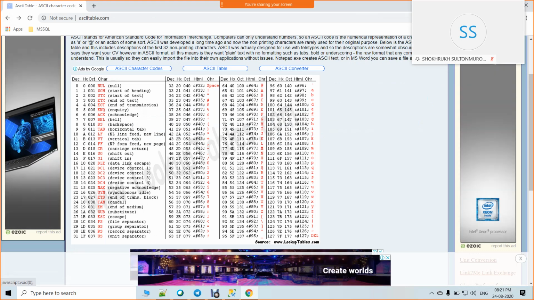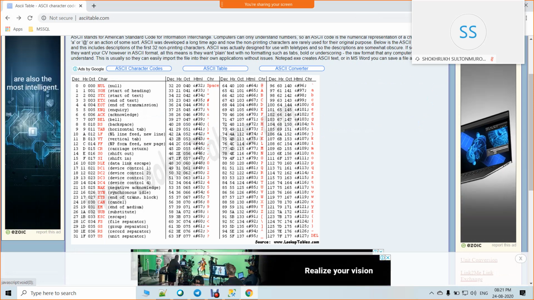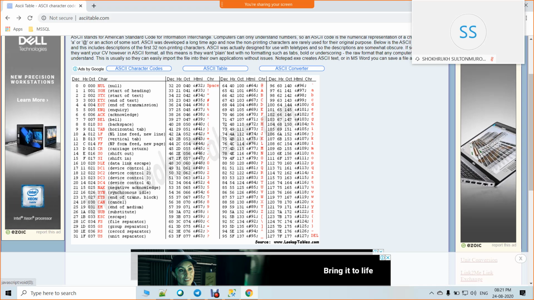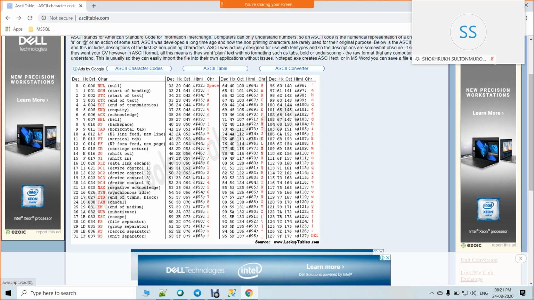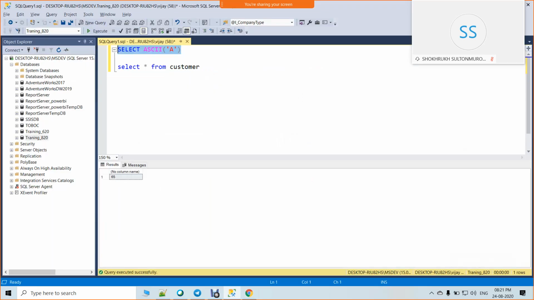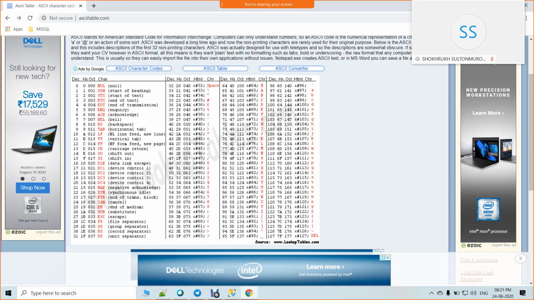Let's say for example the character A. If we go to character A, the decimal number is 65, B is 66, C is 67. Now if you put ASCII of A, it is 65. Getting my point? If you put B, it is 66. C will be 67. And small letters have different values. Small letter a is 97. If you go here, yes, it is 97. Small b is 98, something like that.